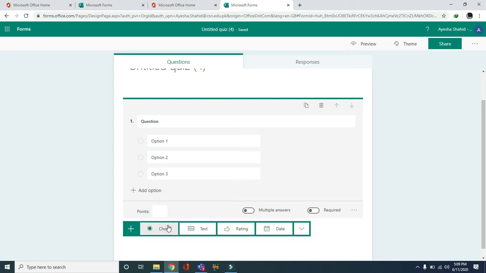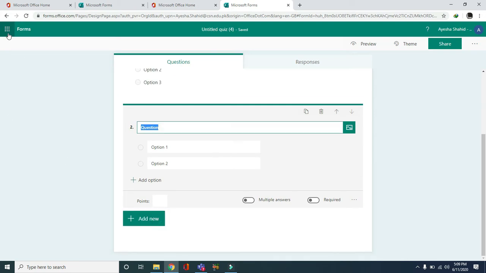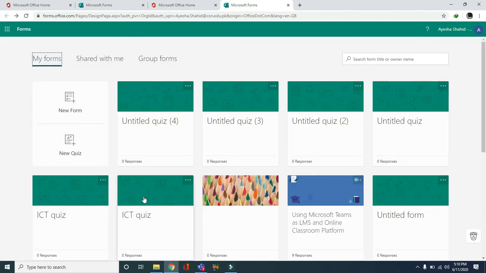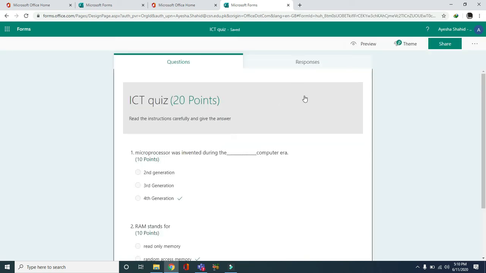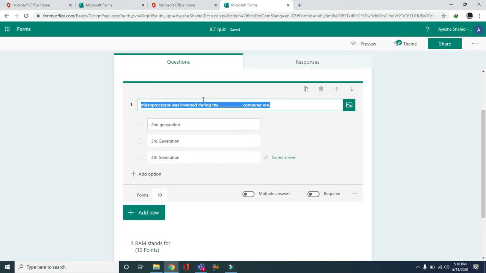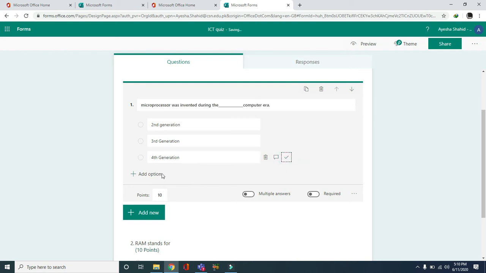The same thing will appear in front of you. I already have a form I have created, so I'm going there, to Quiz. So look at this. This form appears in front of me and it is of 20 points. When I click on it, this box is the same as what I have done in front of you. If this answer is correct, you have to click on it and then give your points, how much you want to give.